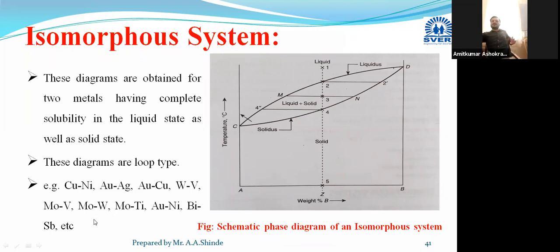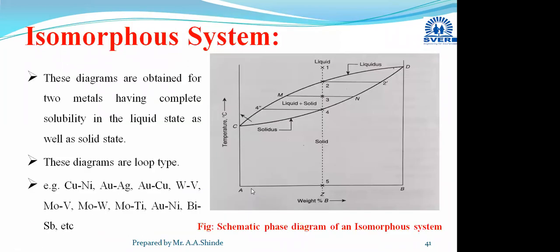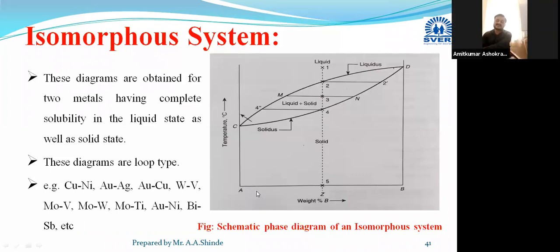But try to remember all these when you are preparing for competitive exams. Then they may ask you any example in the match the pairs or in the objective types. These are some examples. Now in the next stage you have to explain the microstructural changes. This is a very important part.